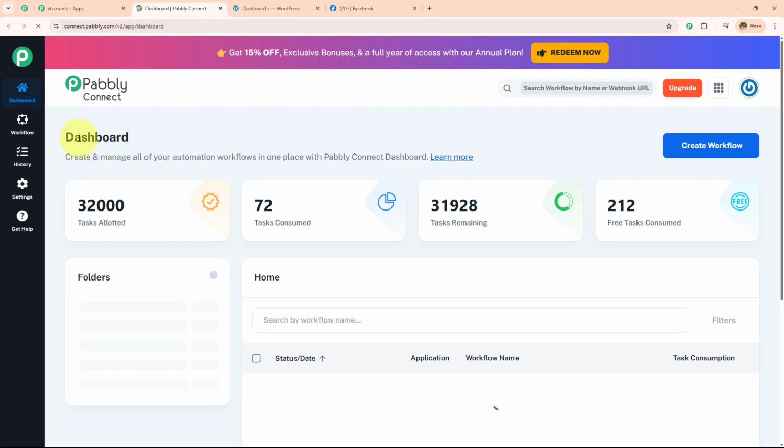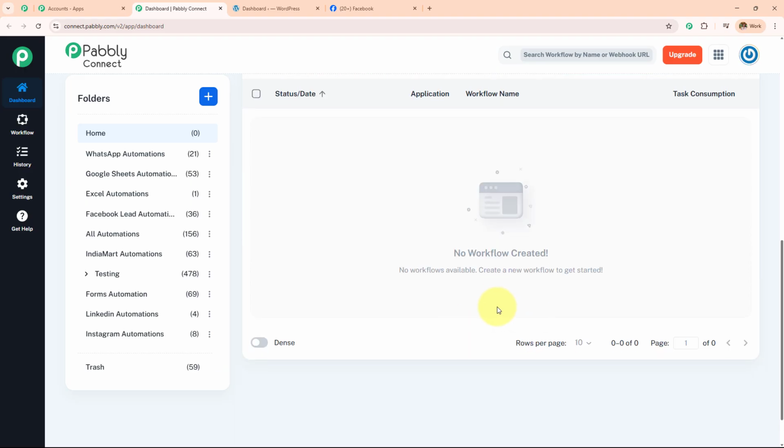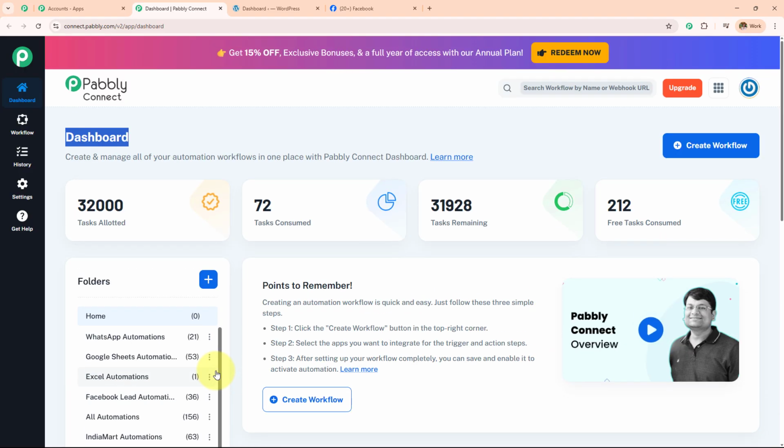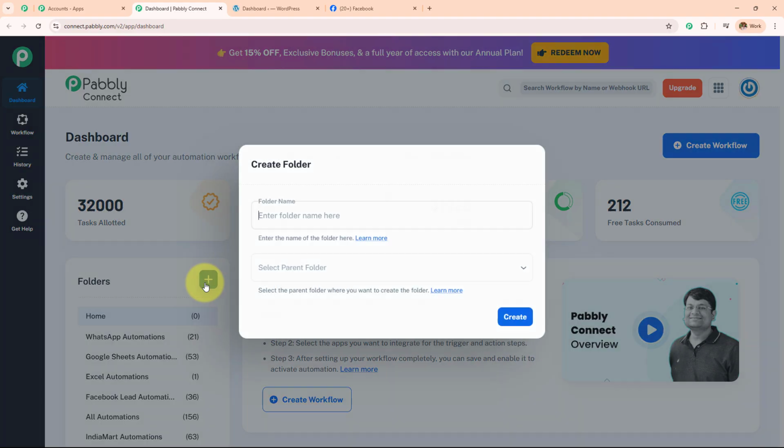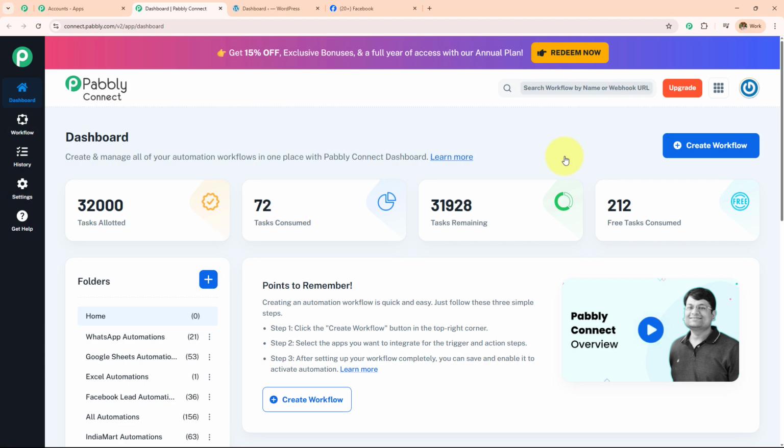And it has taken me towards this dashboard where I will be able to find all my workflows and all the folders which I have created over here. Now if you want to create a new folder, simply click on this plus icon, and from here you can create a new folder. For now, I want to create a new workflow, for which I need to click on